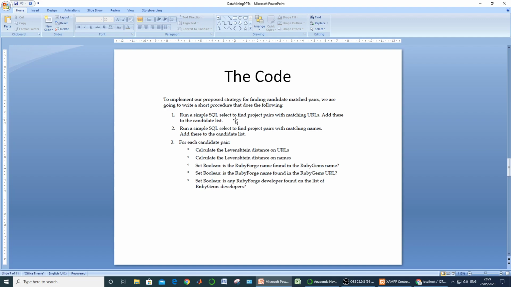After populating the resultant table, we apply some edit distance measures to compute the quotient in which two URLs were matched and two names were matched. It is listed as point number 3: calculate the Levenshtein distance on URLs, calculate the Levenshtein distance on names. What is the Levenshtein distance giving? If the Levenshtein distance is 0, it means the two names are the same. If it is not 0, it means they are different.